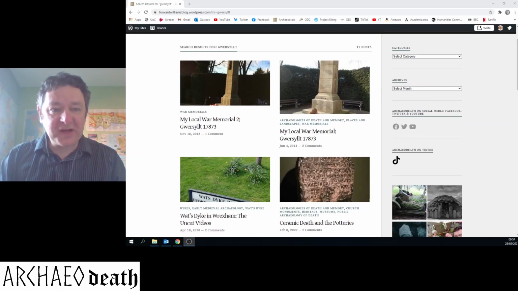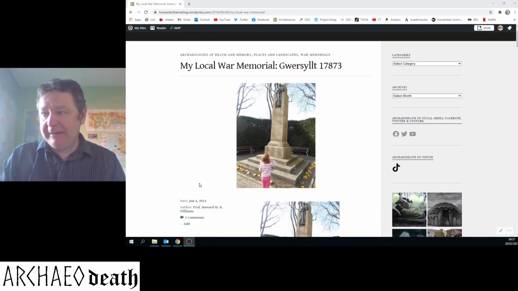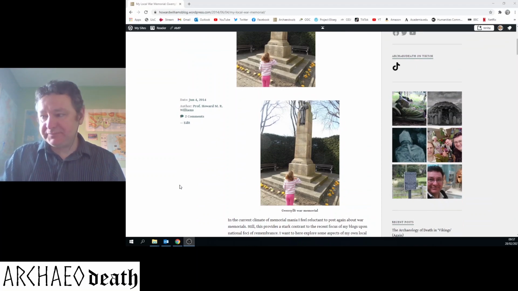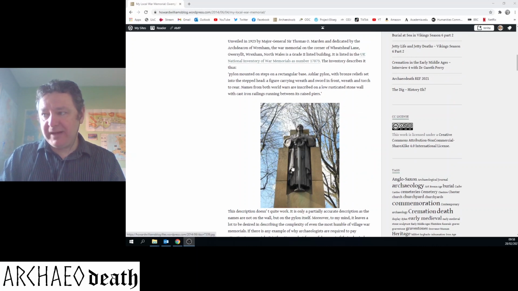Now, one of the war memorials I've most frequently addressed, or twice I've addressed it on my blog, is my local war memorial in Gwersyllt in Wrexham Borough, otherwise known locally as Gwersyllt. And here we have a war memorial that's in the Imperial War Museum National Inventory as 17873, in its own memorial gardens. And I discuss its unveiling in 1923 by Major General Sir Thomas O'Marden, and dedicated by the Archdeacon of Wrexham in a formal ceremony. It's now a Grade 2 listed building,